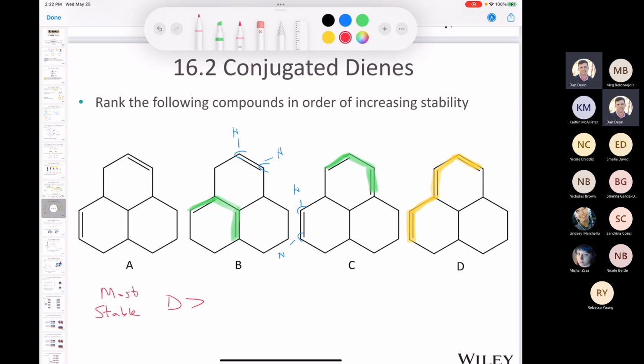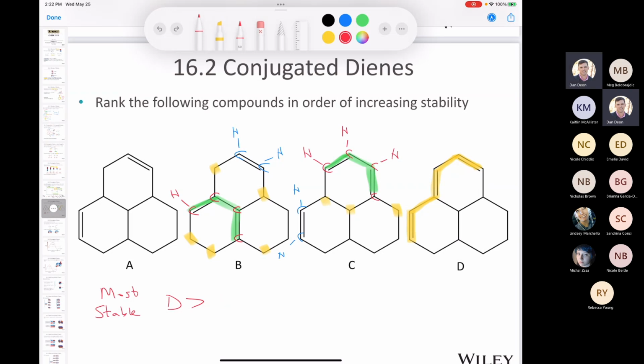However, if you look at B and you look at all the carbons in here, you see that overall on the entire conjugated system, we only have one hydrogen attached to the entire thing. Everything else is a carbon, right? We have a carbon attached here, here, here, here, here. Whereas if you look at the conjugated system in C, we have not one hydrogen, but 1, 2, 3 hydrogens. Everything else is a carbon. This is a carbon. This is a carbon. This is a carbon. But since we have more substitution in B,